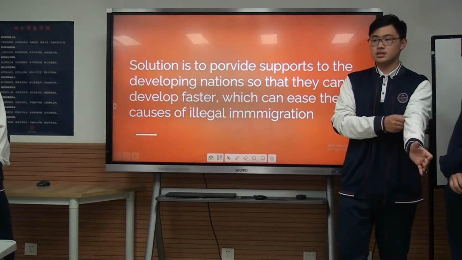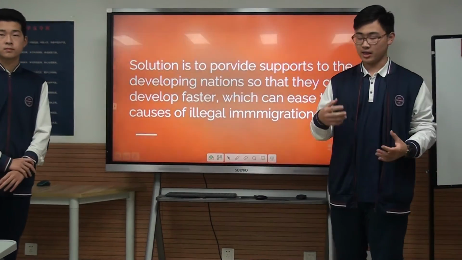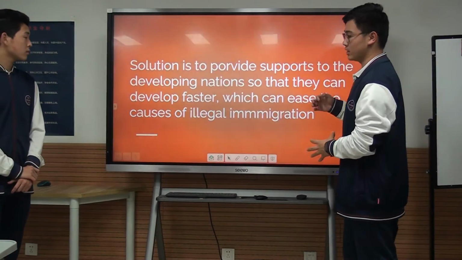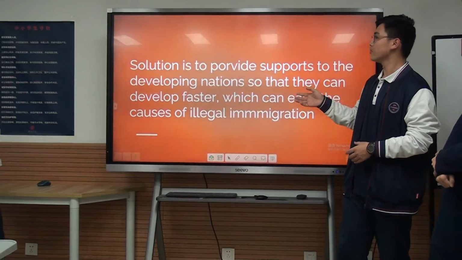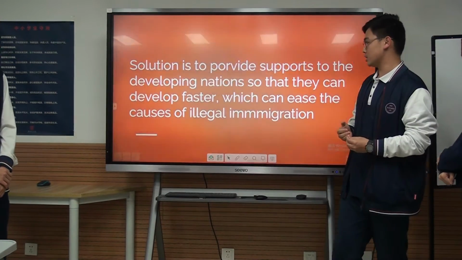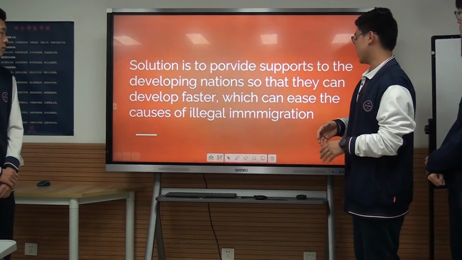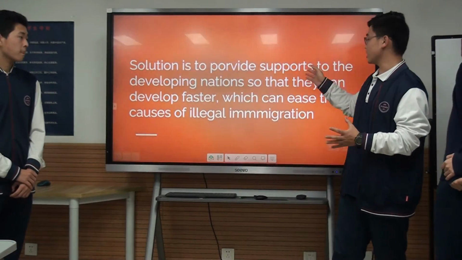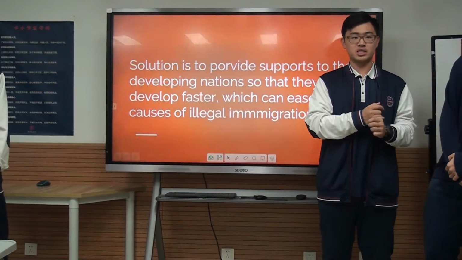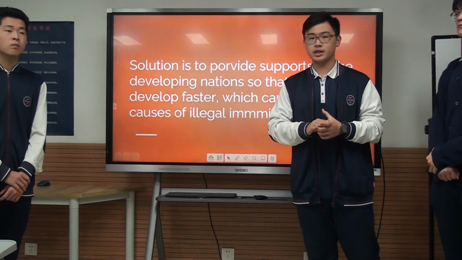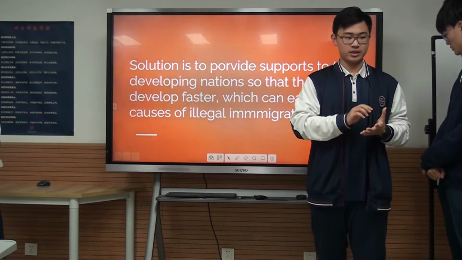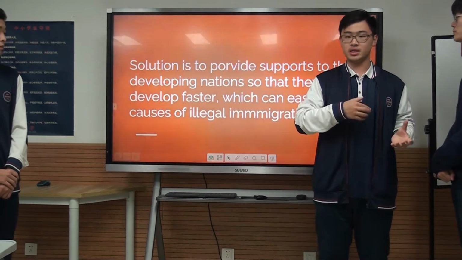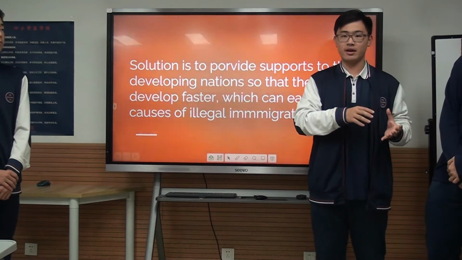So after we have discussed all the sources and reasons for illegal immigration, and we have compared our own solutions, we came up with the final solution, and we believe this is the best solution. And the solution is to provide support to the developing nations so that they can develop faster, which can ease the cost of illegal immigration. And by providing support, I mean not just money, but also technology or the ability to provide shelters, because people illegally immigrate when some of their basic human needs, which can threaten their life, cannot be provided